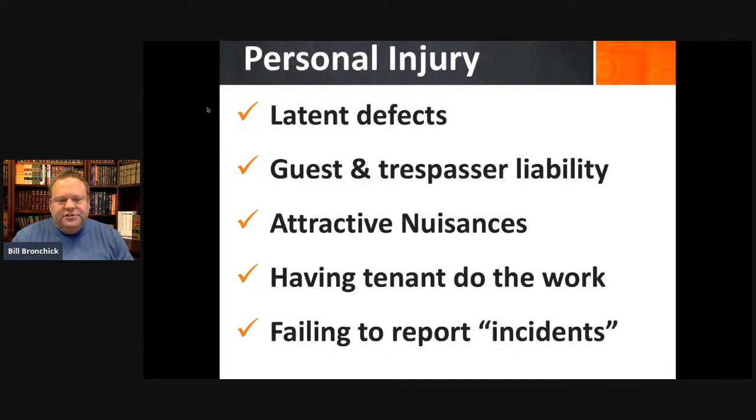So having insurance is a good thing to have, but insurance requires that you report any incident within a reasonable time period that might later lead to liability for you that's covered under the policy. And most people don't do this because either they don't take it seriously enough, so they don't bother to report it,